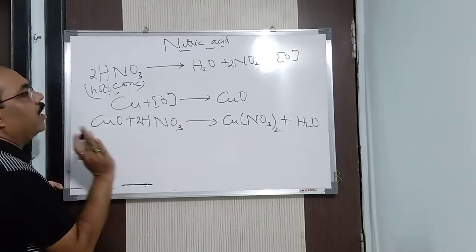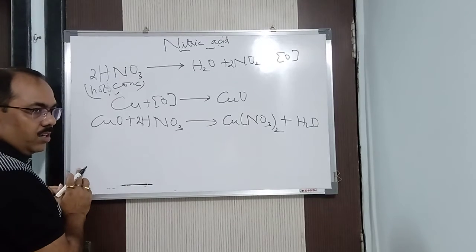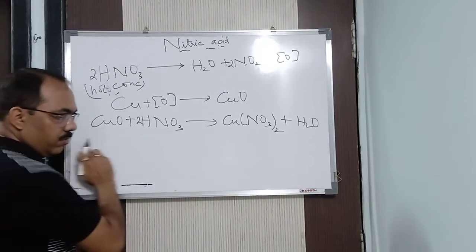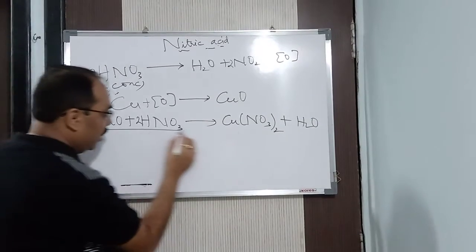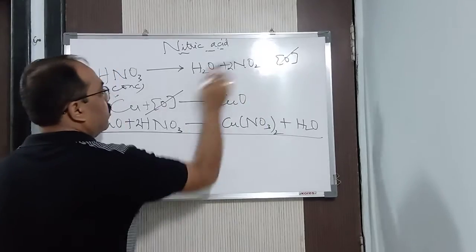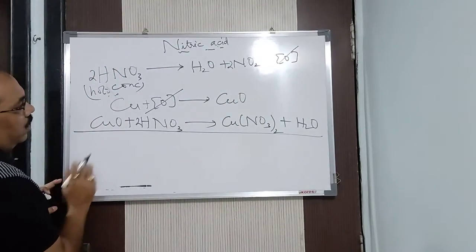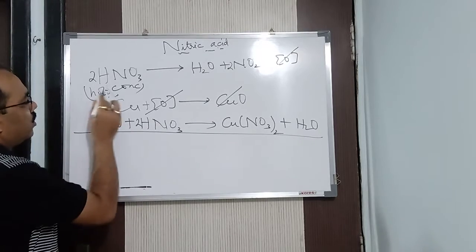So instead of writing it in one go, why did I write it this way? Because if you write it in one time only, then you have to mug up the equation. You can write it once also. See, on adding, what you get? Nascent oxygen on the reactant side and product side cancels. Now copper oxide, on the reactant and product side, cancels. You know that? Achha. Now I add it up.